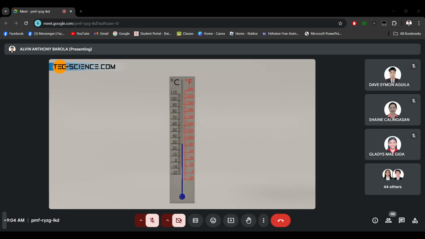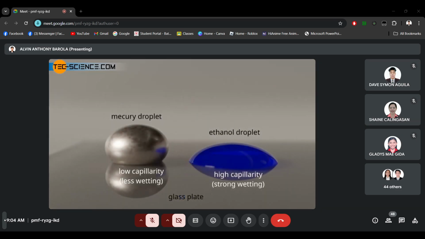Why did people actually use toxic mercury as a thermometric liquid in the past? This was not only because of the wide temperature range of theoretically minus 39 degrees Celsius to 357 degrees Celsius that could be covered with it, but also because mercury hardly wets the glass tube. The capillarity is therefore lower and the temperature can be displayed and read off more accurately. Especially in the scientific field, this used to play an important role in keeping measurement uncertainties as low as possible